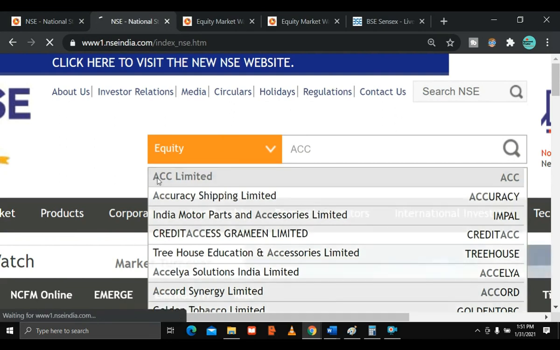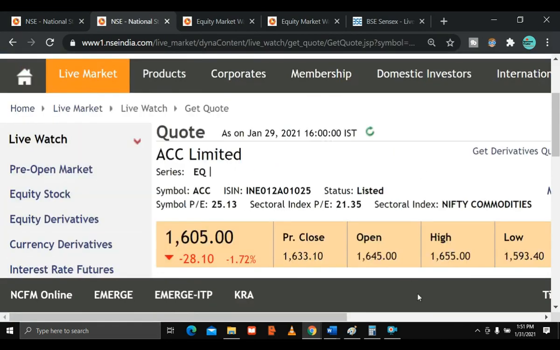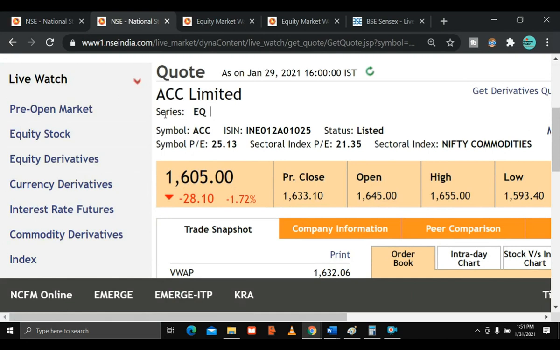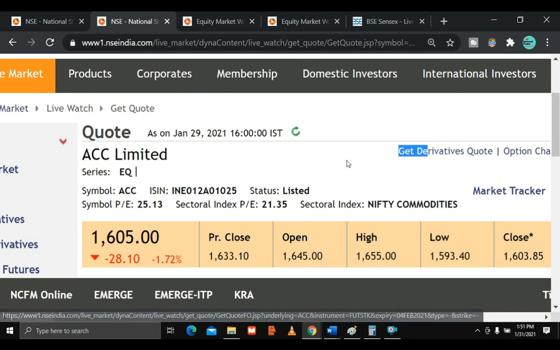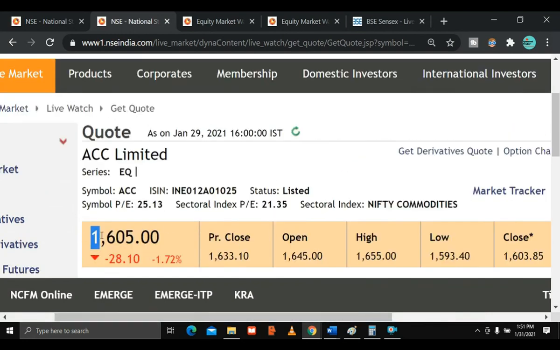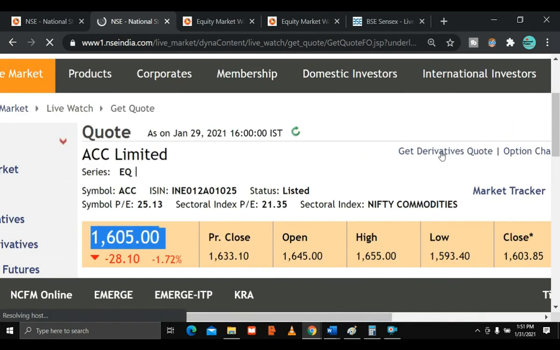ACC, right? If I click on this ACC, you can see this is the equity market, as I'm hovering my mouse, and after that we can see on the corner, derivative. If I click on that, the derivatives price will open. So equity is 1605. If I click on derivative,